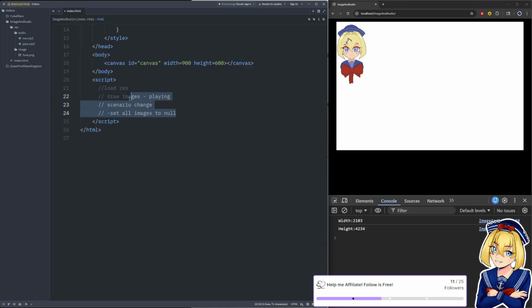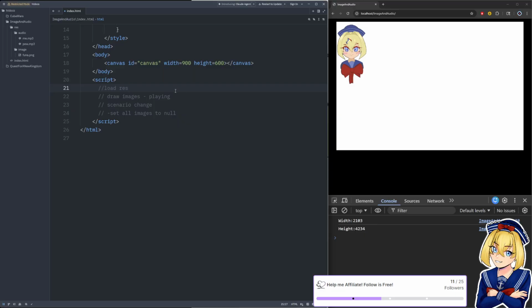So this is what loading screens are doing in your video games. They're saying, I'm trying to load the images into RAM, but we're not quite there yet, so we need to hang the game for a minute. And while we're hanging, we're just going to have a black background on our canvas or something like that. So we're not drawing anything, we just have a black screen.